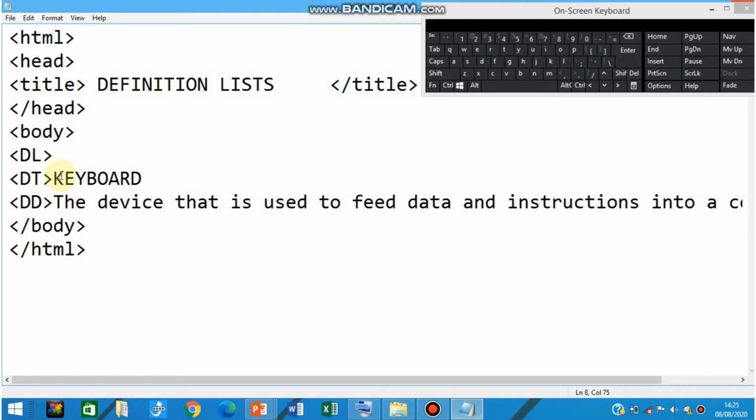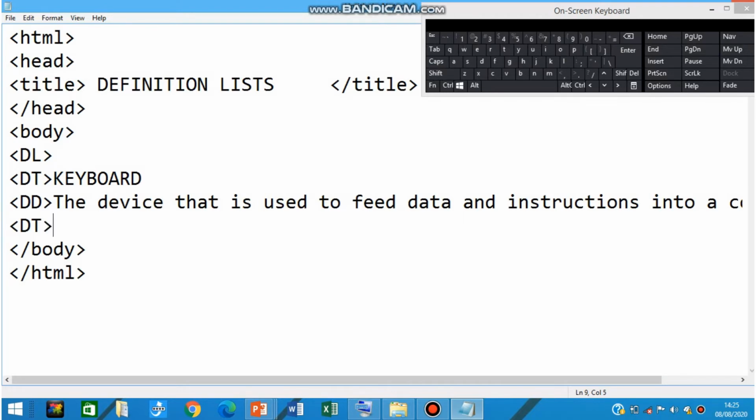Now DT and DD, these both have only an opening tag. Off tag is not there for DT and DD. Term you have to mention using DT tag, and definition or description you have to mention using DD tag. Now suppose the next term I am mentioning using DT tag.